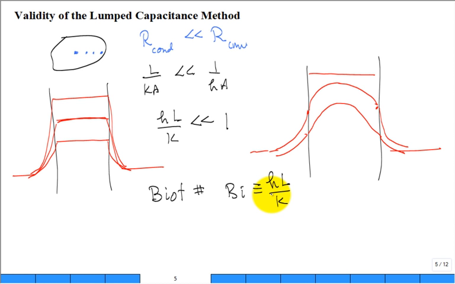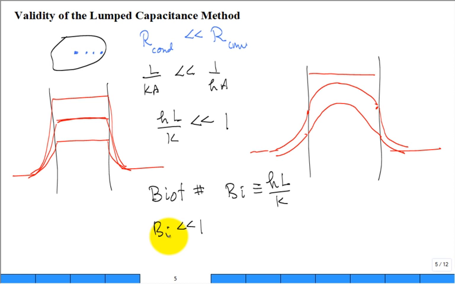Let me ask you a question. Is it kind of like the Reynolds number? A little bit, because Reynolds number, what are the SI units associated with the Reynolds number? Dimensionless. What are the SI units associated with the Biot number? Watts per meter squared degrees C, watts per Kelvin, what? It's dimensionless, unitless, that's right. Okay, and so you have that the Biot number needs to be much, much less than 1,